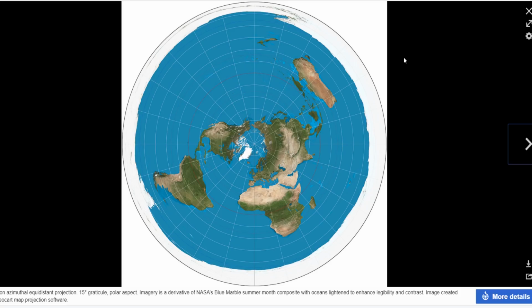So just looking at this azimuthal equidistant map, there are a lot of things that do make sense, but of course there are some things that don't fit with it as well. And this is one reason why Globe Earth defenders will point to this azimuthal equidistant map as being a ridiculous thing to believe in, and then claim that flat earthers don't know what they're talking about, and they don't know navigation, and they don't know mathematics.